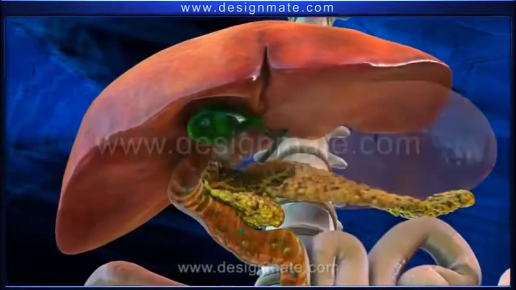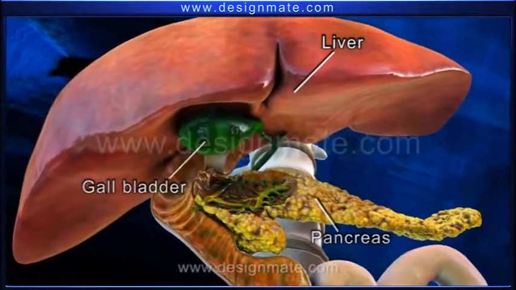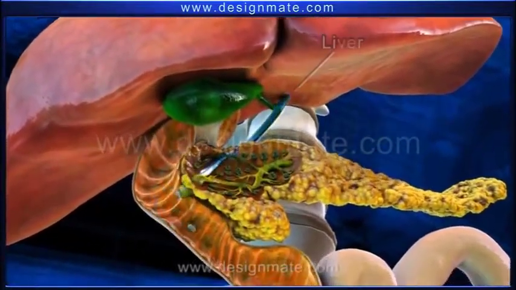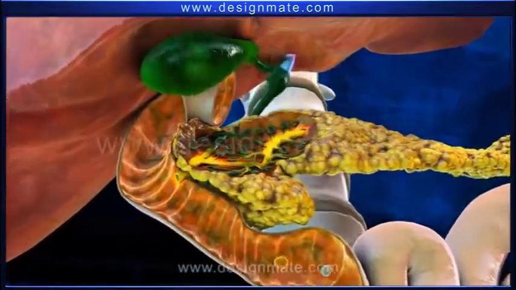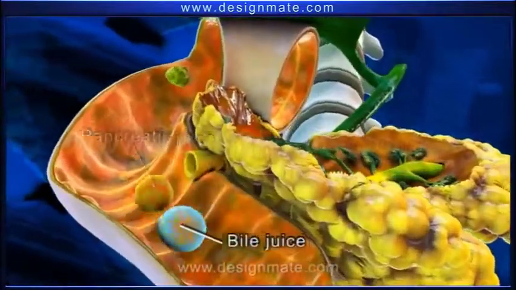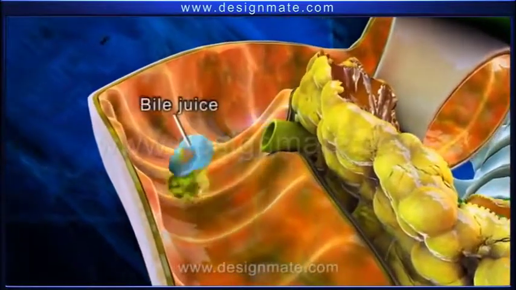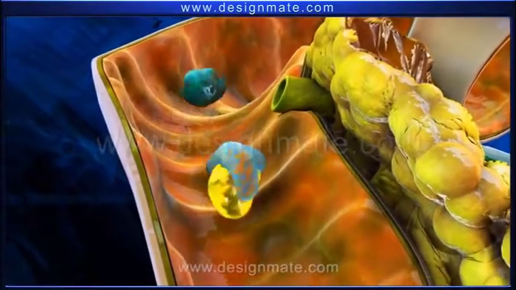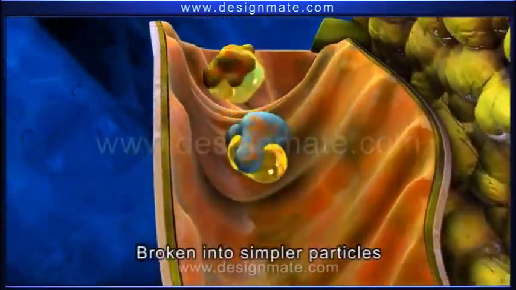The pancreas, gallbladder and the liver are the accessory digestive organs. Liver produces and gallbladder releases the bile juice, while the pancreas releases the pancreatic juice. These secretions enter the duodenum through the hepatopancreatic duct. The bile juice acts on the fat molecules,